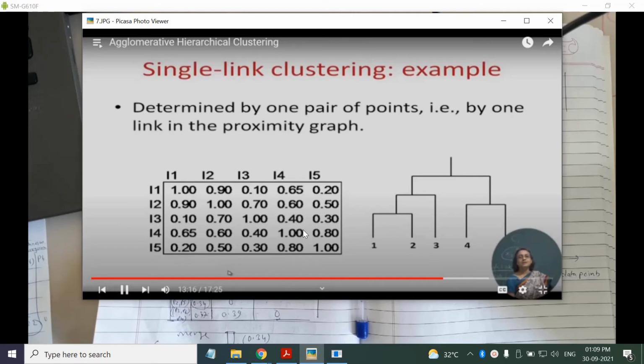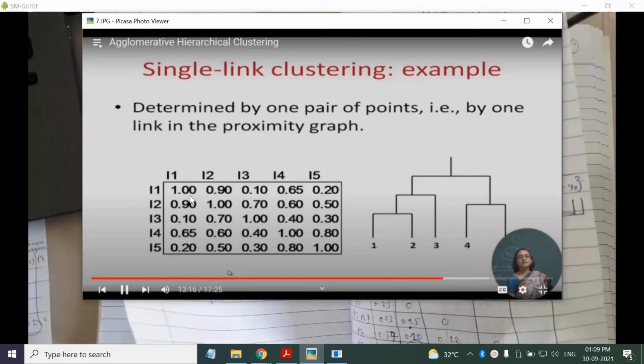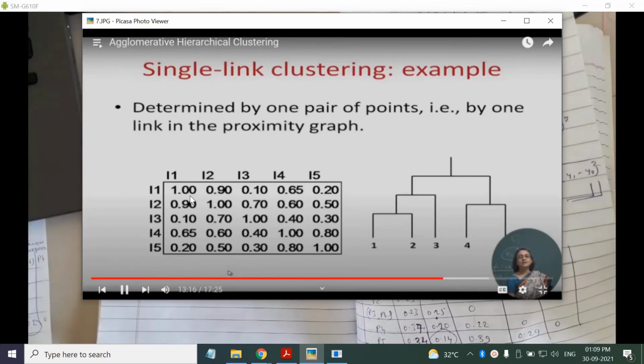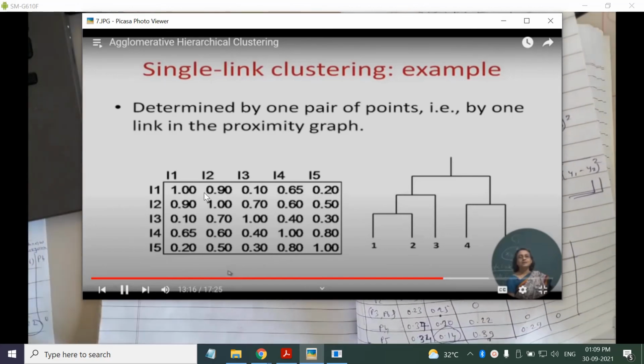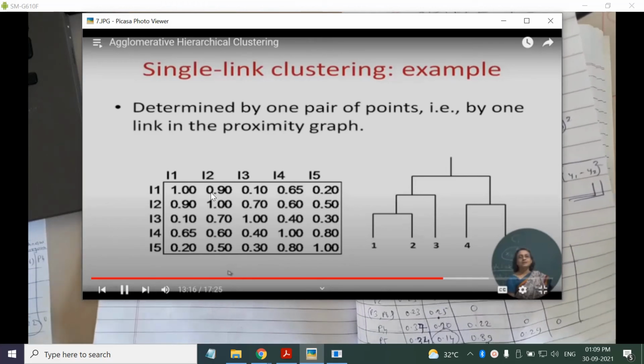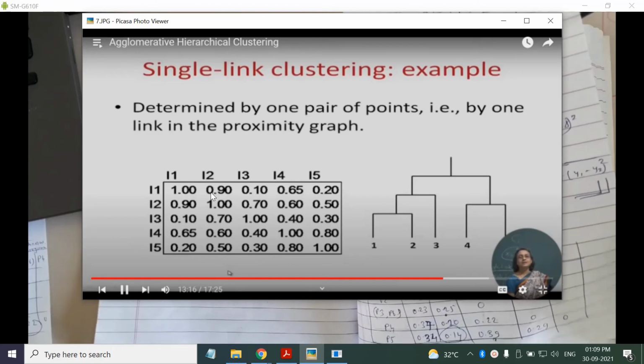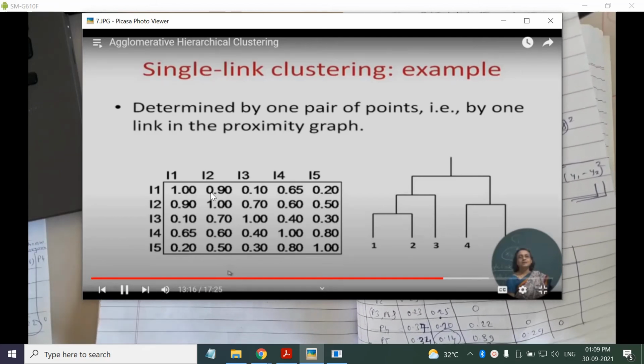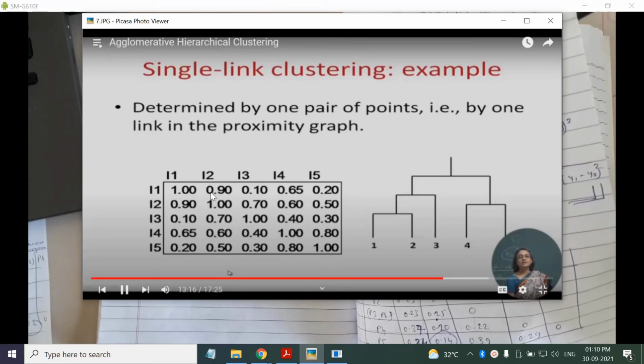Similarity and distance are the opposite things, okay. When distance is high, that means similarity is low, okay. So similarity index will vary from 0 to 1, okay. When similarity score is 1, that means they are identical points, okay. So you have to read the question very carefully. If they mention this given matrix is the similarity matrix, then you have to reverse the concept, okay.